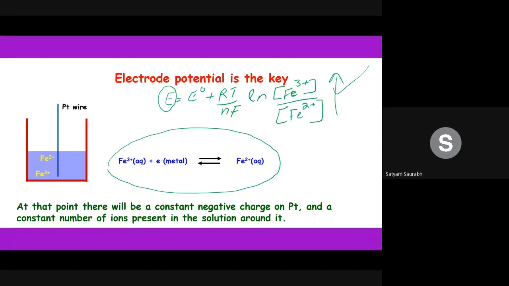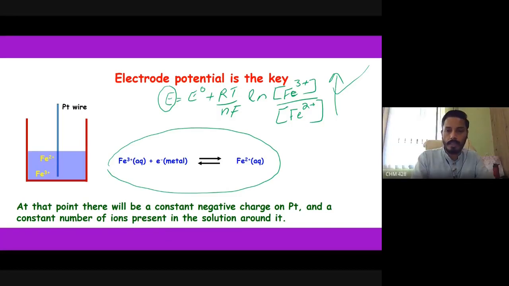E will increase. How do you know? From the equation? Yes, sir. You mean the E will become more positive, am I correct? Yes, sir. And if you increase the concentration of Fe2 plus, according to you, E will become more negative. Yes, sir. Because